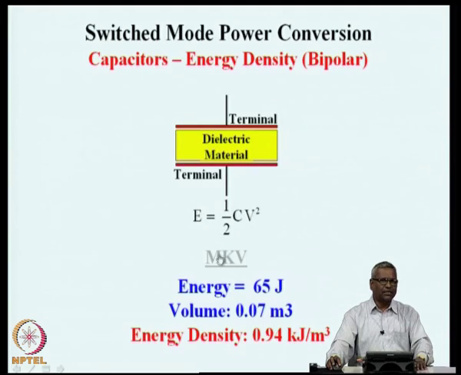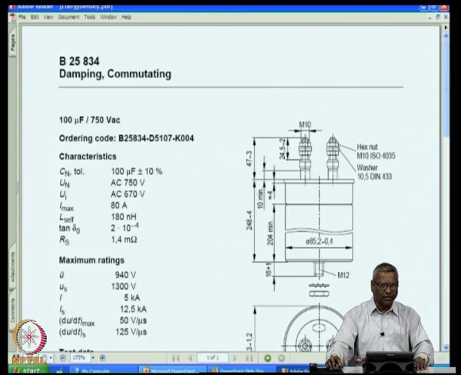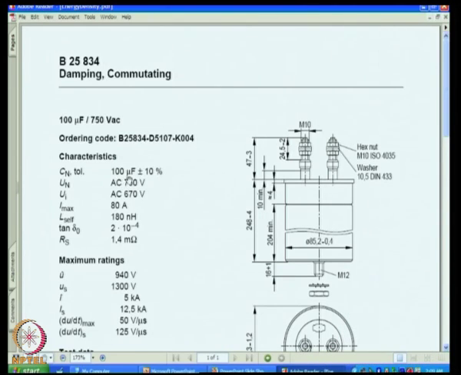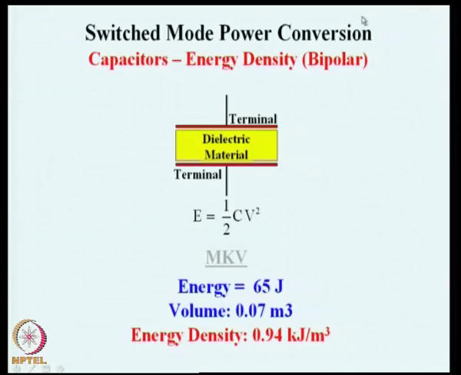This is from a data sheet of a particular capacitor. It is possible to find out the dimensions here. For example, we see that the height is about 248 millimeter and the diameter is about 85 millimeter. If we find out the volume, and calculate CV square, knowing the voltage rating and the capacitance value, this capacitor is capable of storing about 65 joules and it has a volume of 0.7 meter cube, or the energy density is of the order of about 0.94 or 1